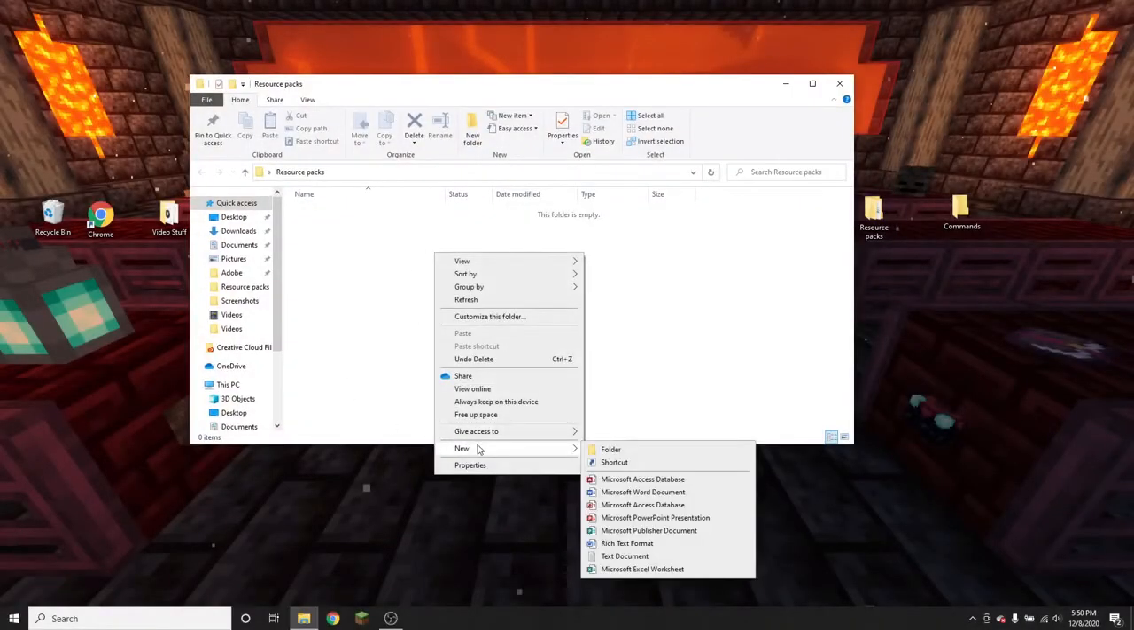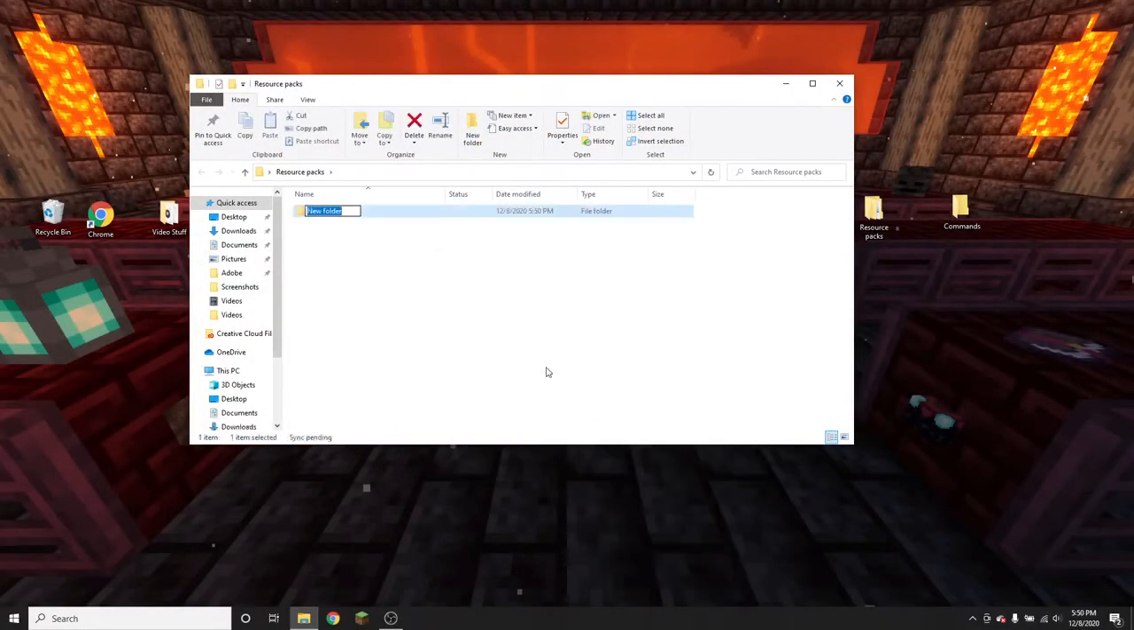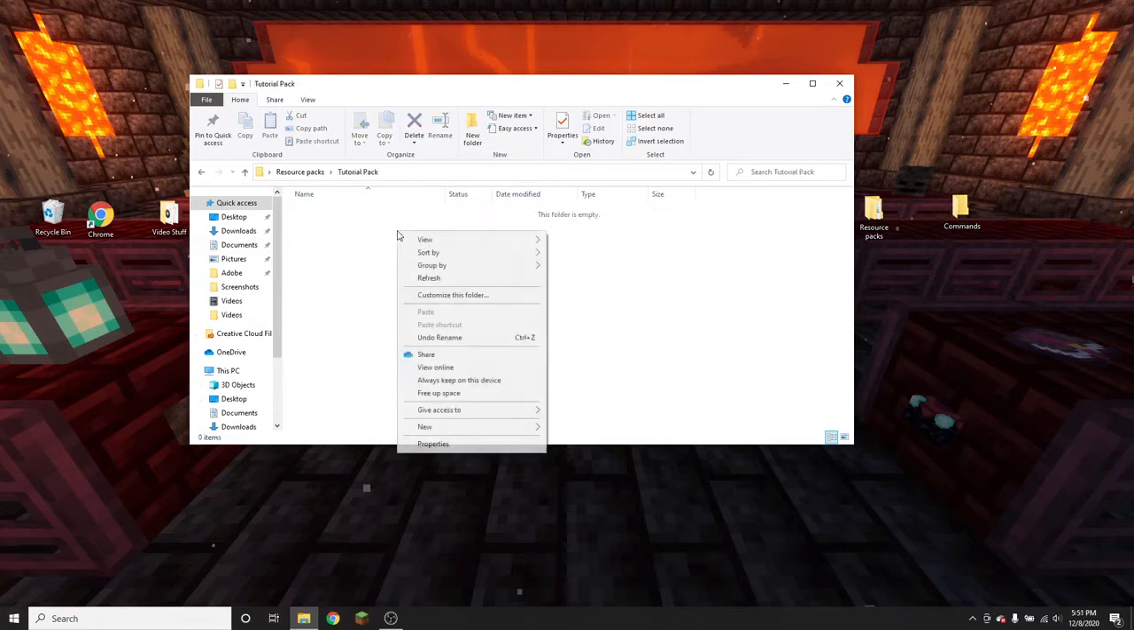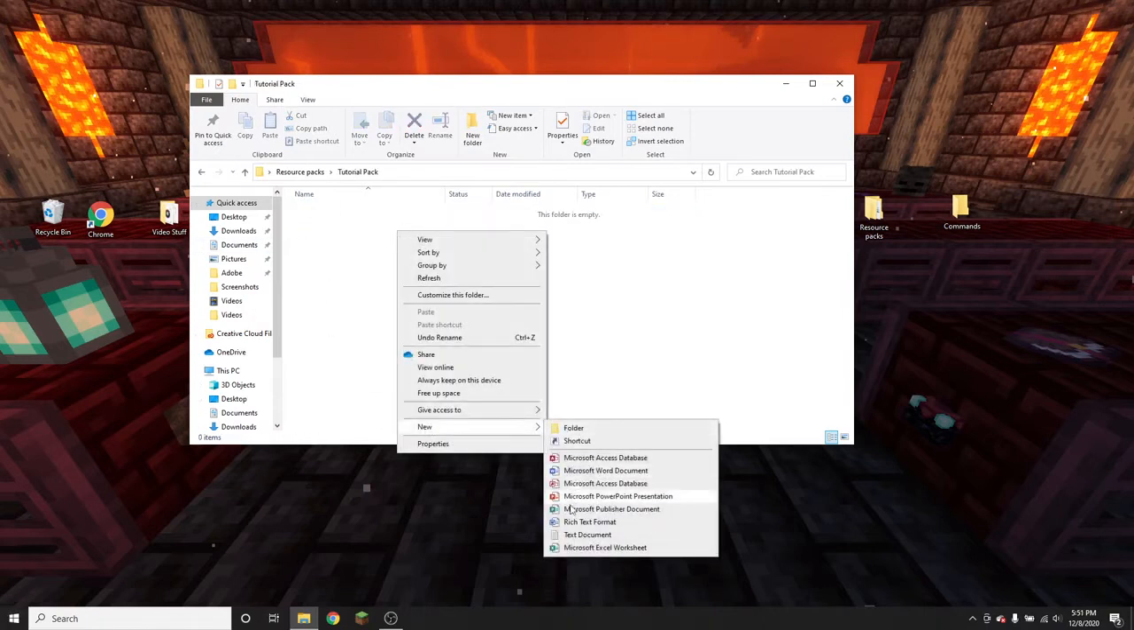So first, you need to create a new folder and just name this whatever you want the resource pack to be called when you see it in the game. So I'm going to name this tutorial pack, and then inside of here you need to create a new text